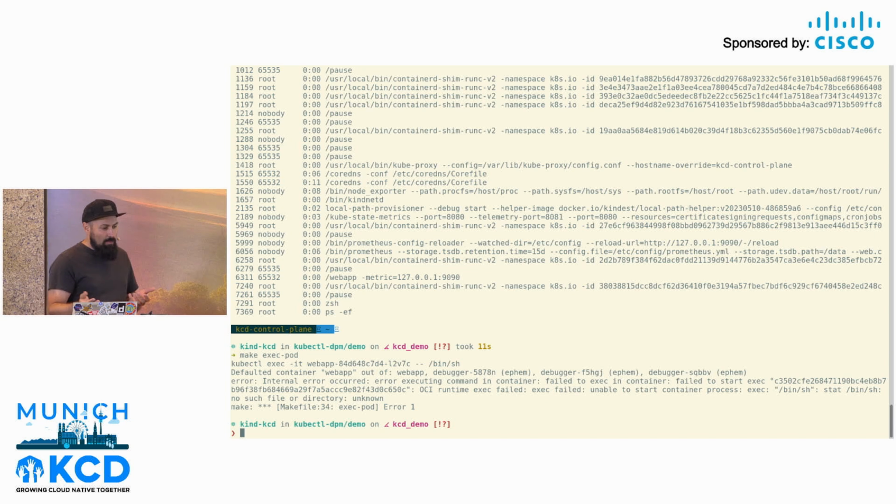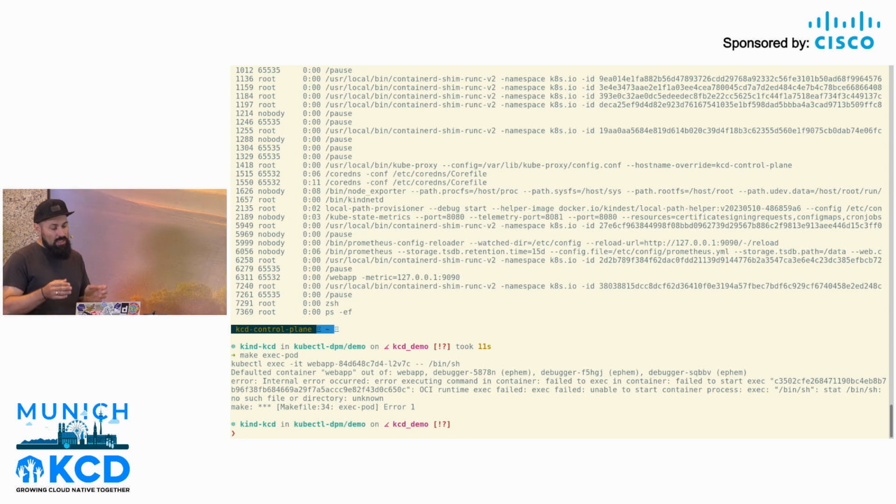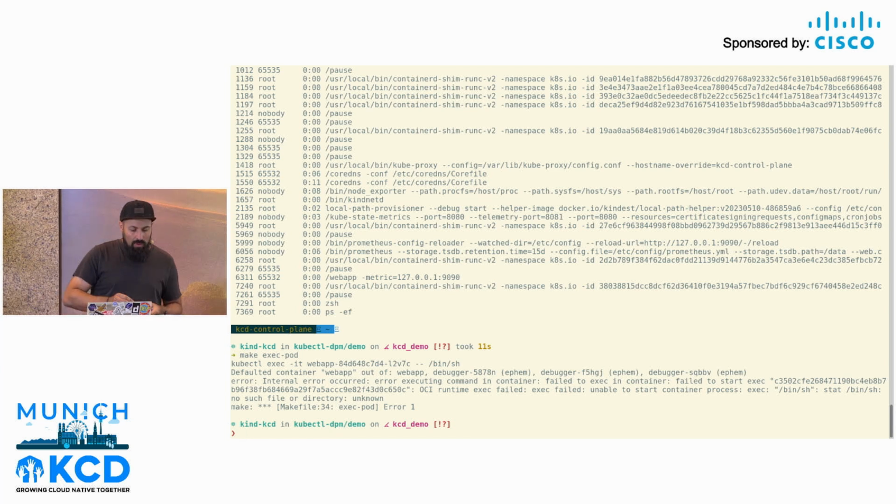So the next step might be doing a port forward to the application. That sometimes works, but it really depends on the application. Sometimes it is enough, but mostly not. So the next thing, and that's something, to be honest, we often do, and we already know it's super bad, is